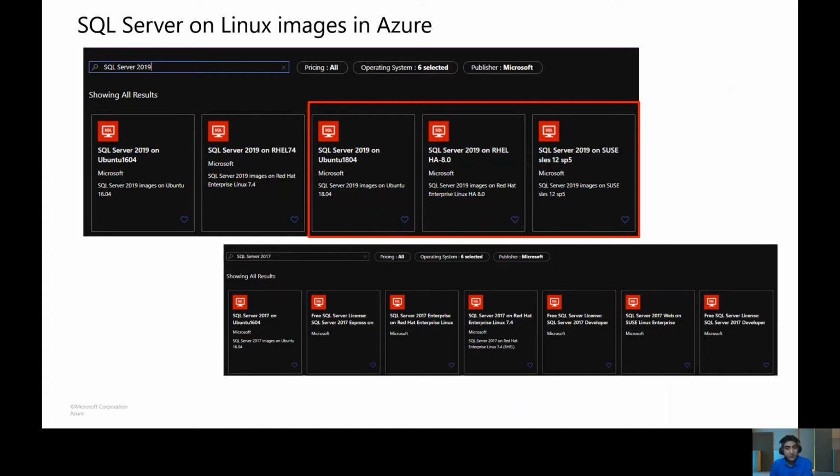Now, why is this important? Having pre-configured, pre-built images in Azure provides you with flexibility and agility of deployment, which is unparalleled to anything else. Just to give you an example,